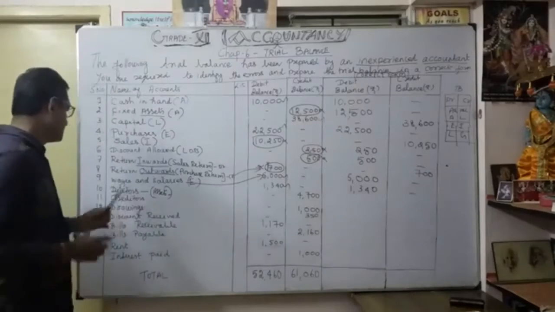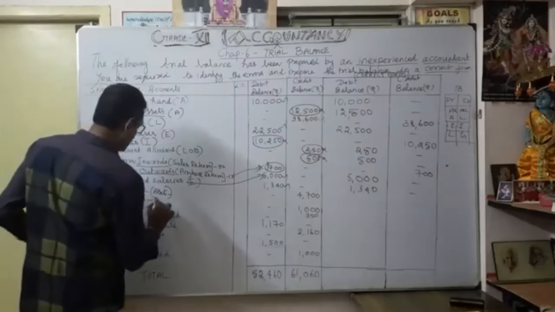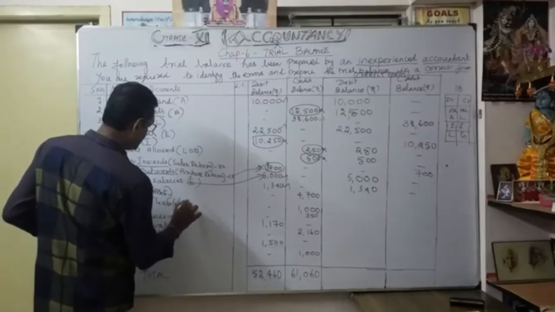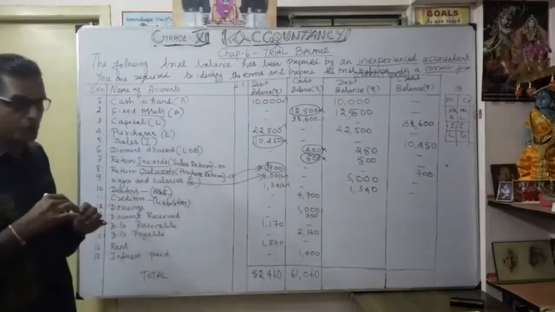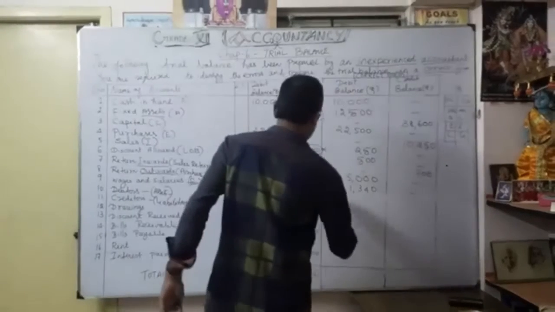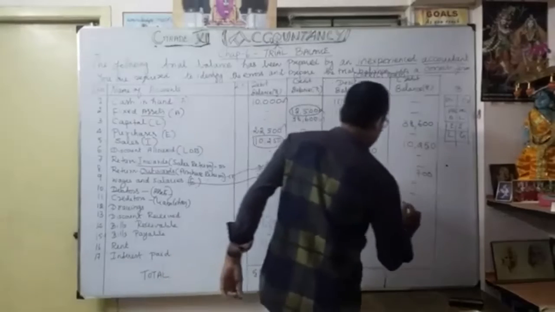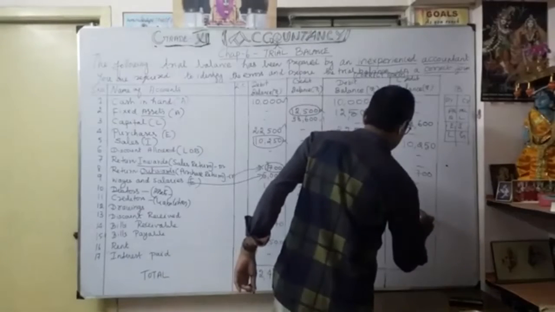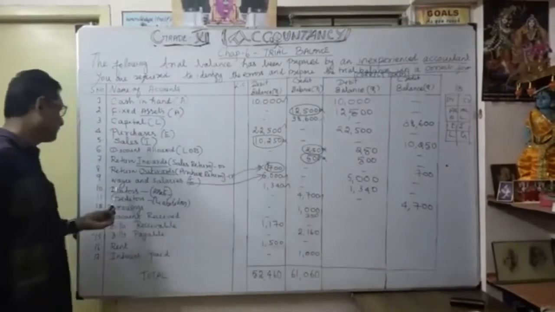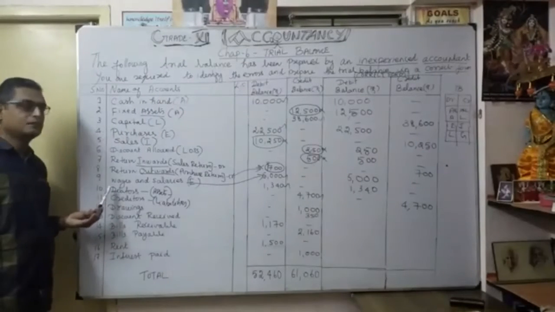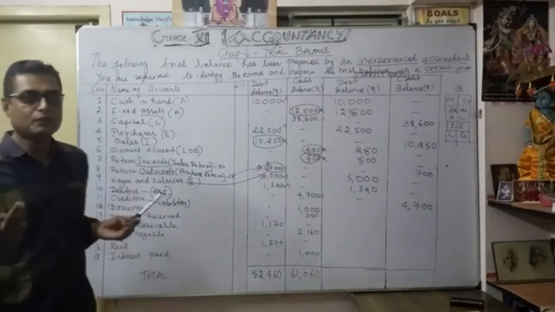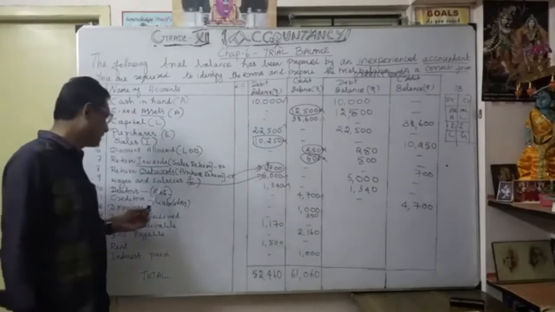Then similarly creditors. Creditors is nothing but what? A liability. Correct. It comes under liabilities. So liabilities always have a credit balance. Yes, they recorded credit balance only, correct. So I put dash 4,700. Understood? You should be very careful. Here, by the name itself we can say debtors means debit. Simply you can know. Blindly you can understand, but exactly debtors are assets.